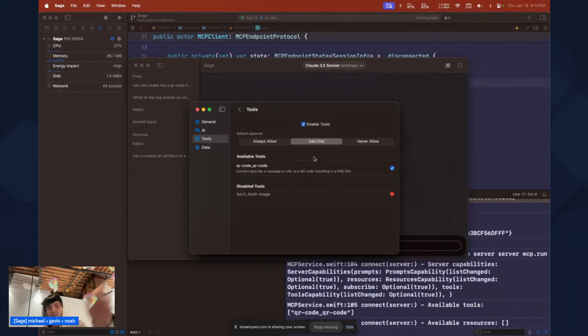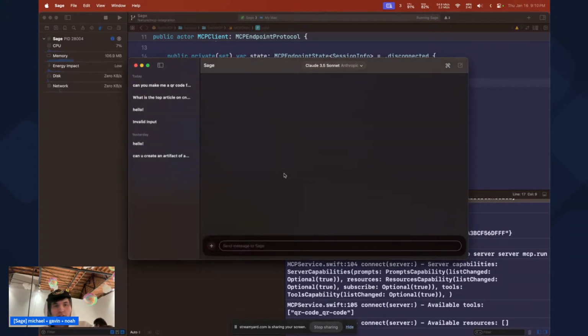Okay, cool. All right, took a little sec, but now you'll see the other tool that I deleted from the UI is now gone. So there is some state. Still working on the persistence here. This is heavy beta. But yeah, so now that we got a QR code, let's try it out in the